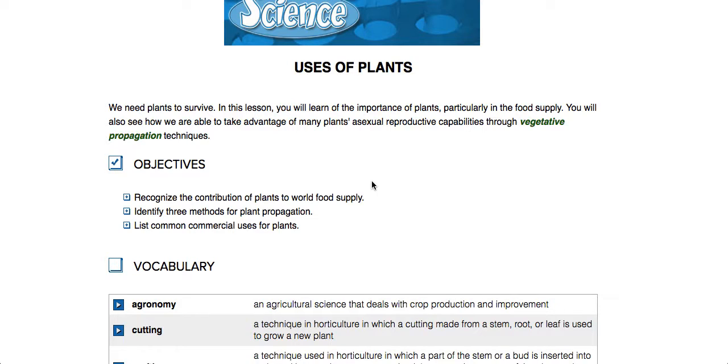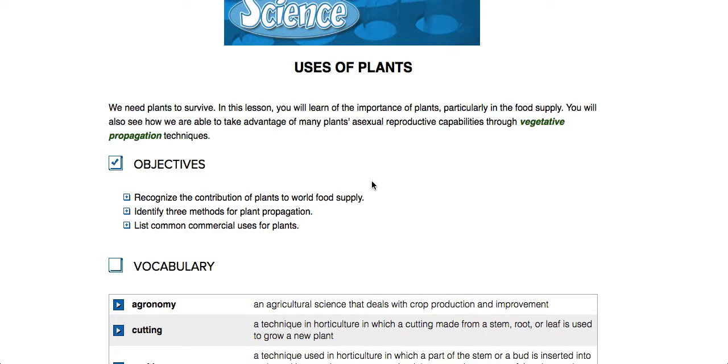And that comes along with plant propagation. Plants are able to reproduce naturally, and when methods of asexual reproduction are used, sometimes they need human assistance. Methods like layering, cutting, and grafting are examples. But in addition to that, your lesson does a really nice job talking about other uses of plants, besides the obvious, which is oxygen and